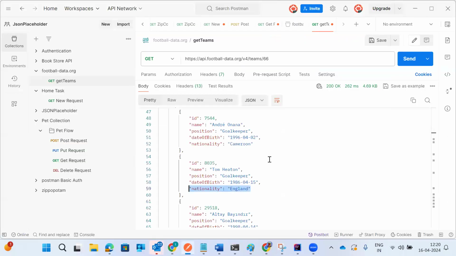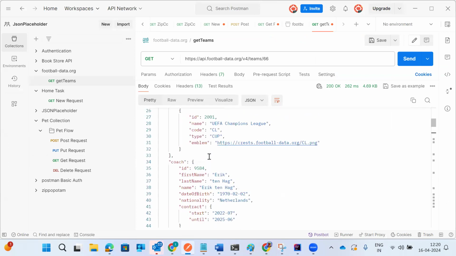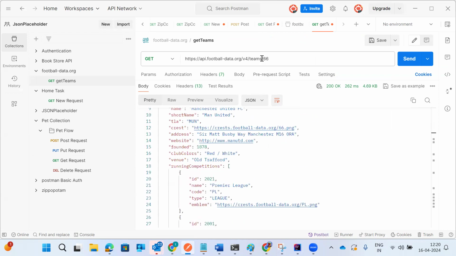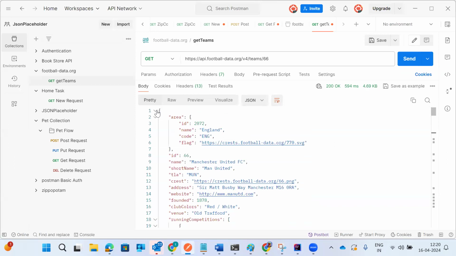Yeah, hello. So what we will do as part of this session is let's just have a response body which will trigger somewhat more complex items, and we want to retrieve the data. Suppose I concentrate on a particular team. There are multiple teams, and out of them I want to get the details of a particular team. Let's say the ID is 66, and if I send it, I get this particular response